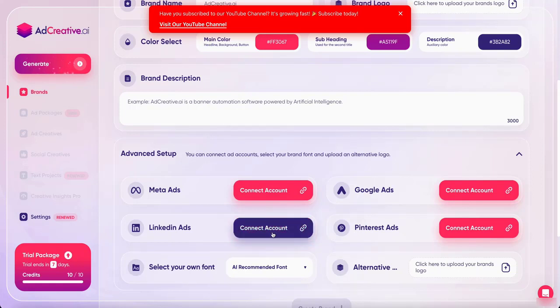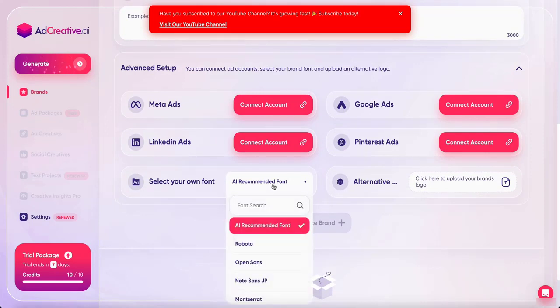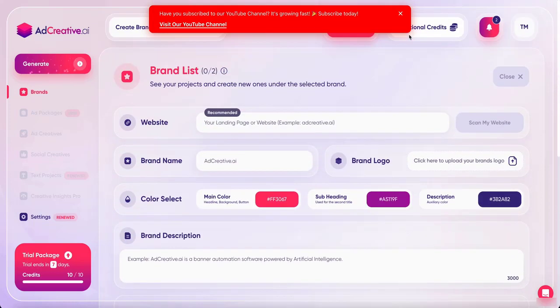The same goes for LinkedIn, Google Ads, and Pinterest. You can also choose your font or the AI will choose for you, and you can upload an alternative logo. So you are really guided.